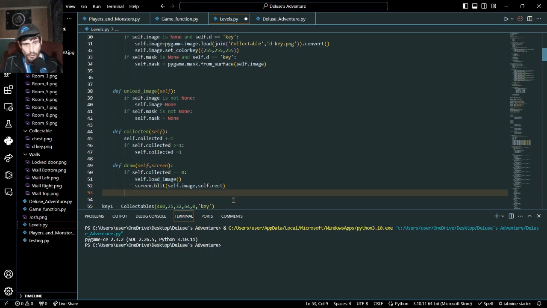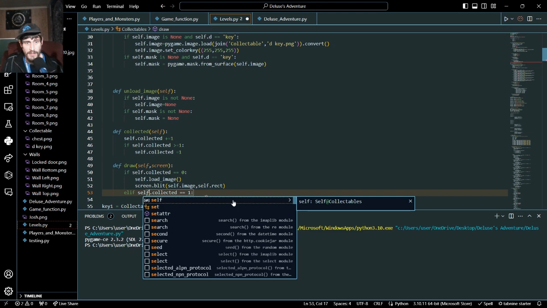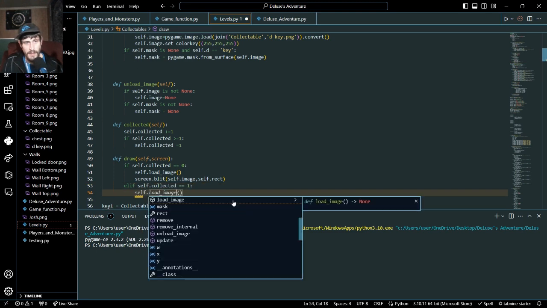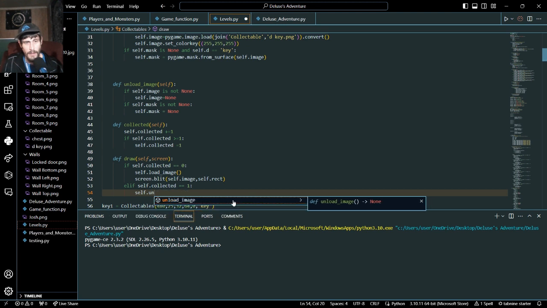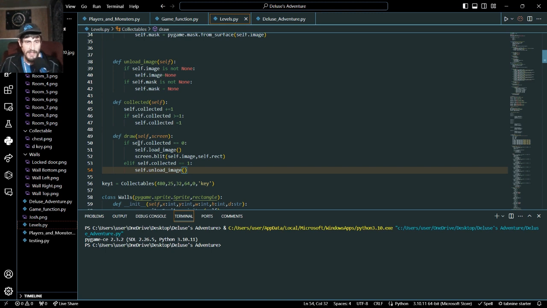And now we go elif, but if our self.collected is 1, we want to self.onload the image. So that way, once it's 0, it loads the image, it puts it on the screen, and if it is collected,